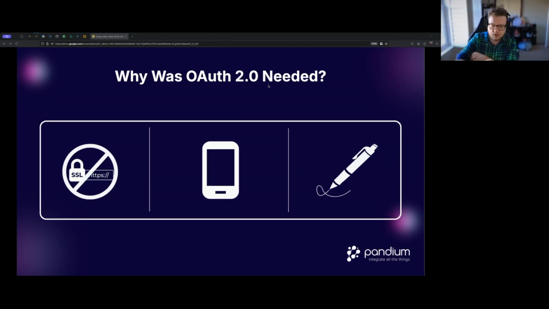By using SSL, application developers didn't have to get into intricacies of figuring out how to do the signature. That's all handled again by SSL. And it's just something that doesn't have to bother the application developer. And the other big thing was mobile devices weren't a thing. So in 2007, that was actually when the first iPhone came out. Steve Jobs holding it up and it not even working happened in 2007. And so when this was being put together for the first time, OAuth 1.0, it just wasn't a concept. How do you log in and do all these things on a really small device with no keyboard and mouse?